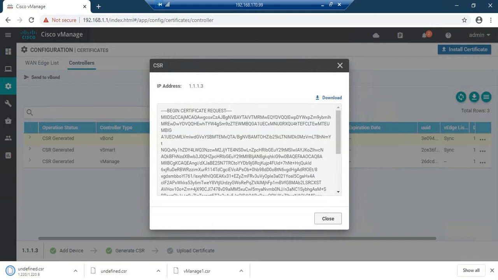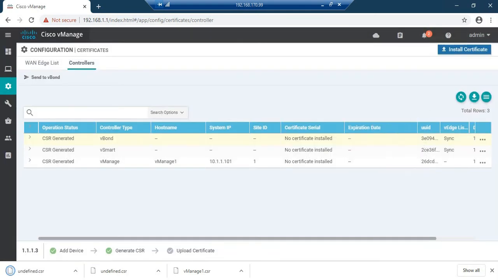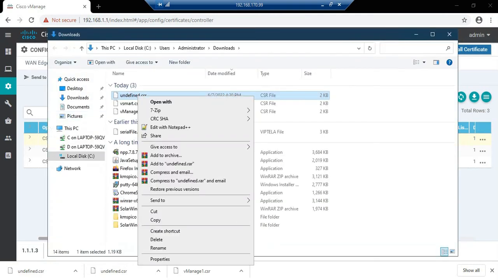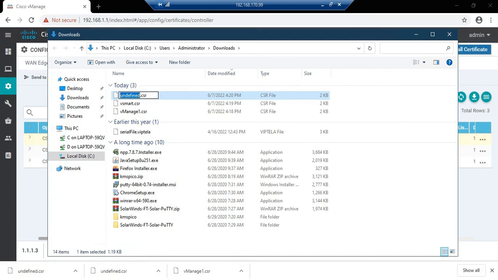So I have downloaded the CSR of my 3 controllers. Let me rename it. B1 CSR.